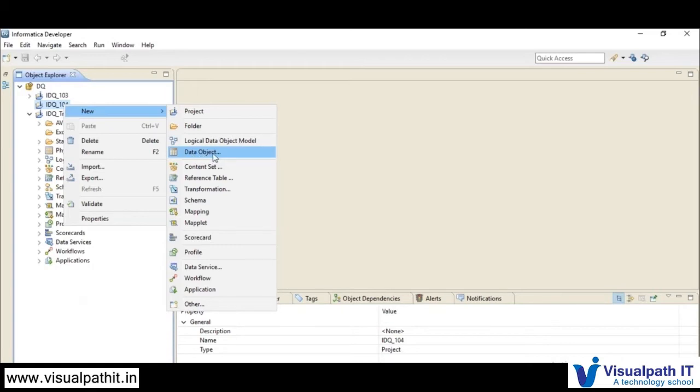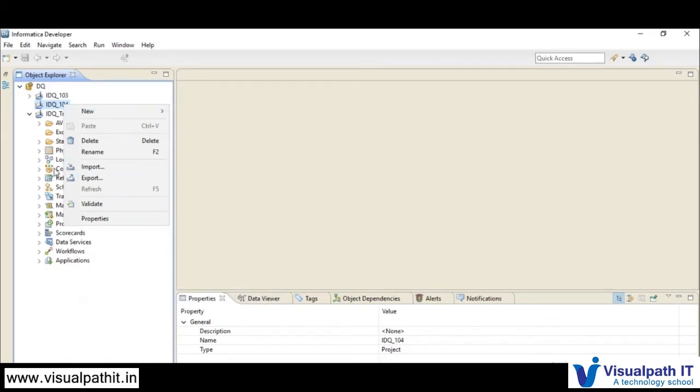So that is a data object, and the next one is your content set. This content set is used to determine your source data set. It can be a classifier, or it can be regular expressions, to determine your source data. If you want to do labeling, or parse anything, or classify your language, then you require some sort of reference data. That reference data is what we use, and we will use this content set whenever we are classifying, examining, or cleansing our data.